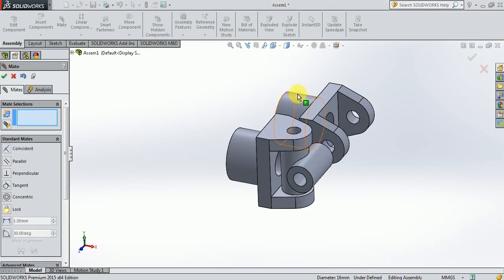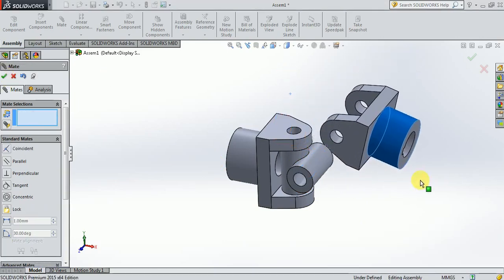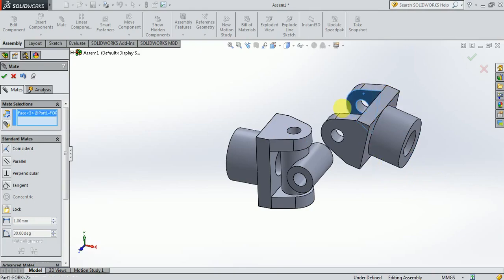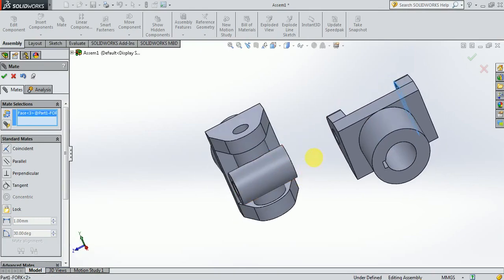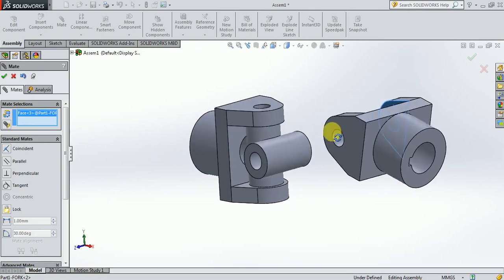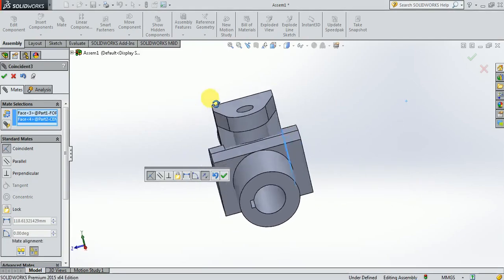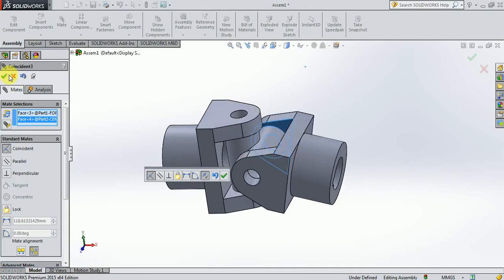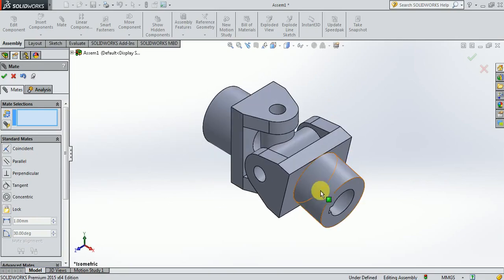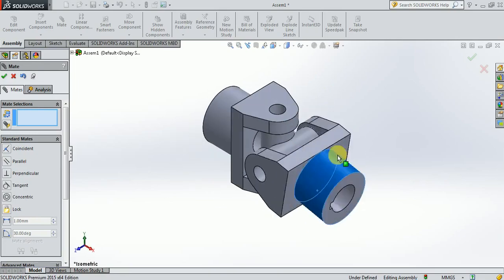Click OK. So now we can rotate something like this. So now what I do is I am going to select this face. So this particular face should come in contact with this particular face here. Okay, so it can be brought like this. So then give OK. Now you can see, if you try to keep it in isometric view, this fork number 2 can be rotated again.